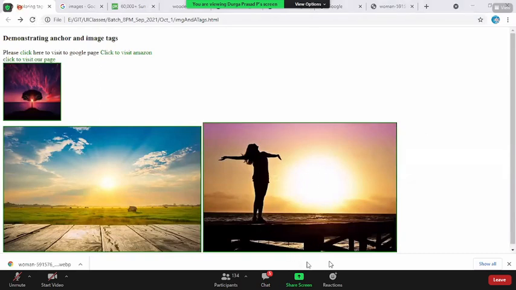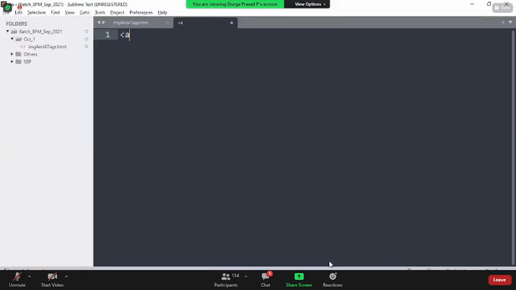Next. Got it. Sir, can we add multiple images in a single anchor tag? Yes, you can add under the anchor tag. Now, when I open an anchor tag, whatever the href you're giving equal to some path you're giving. What anchor tag says is, you give all the junk code.